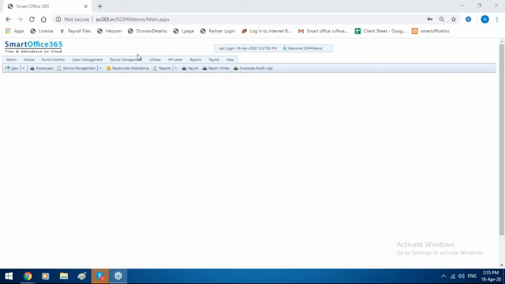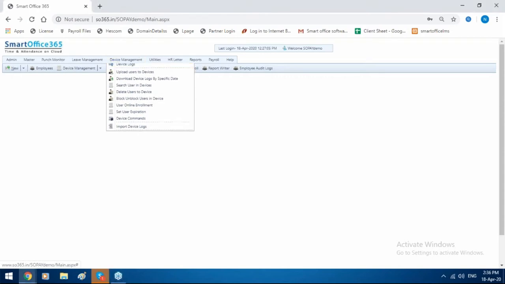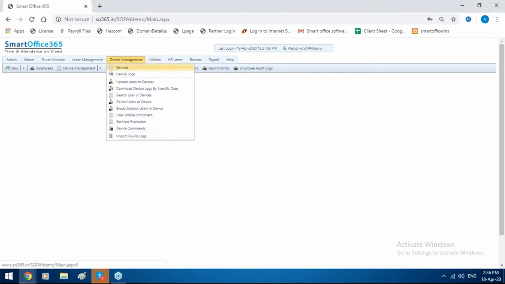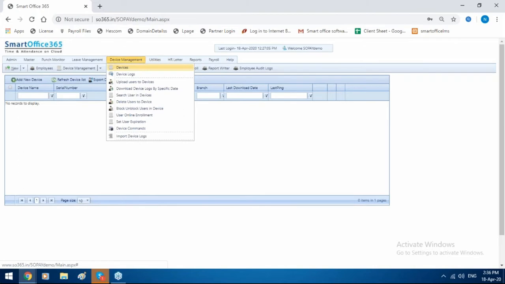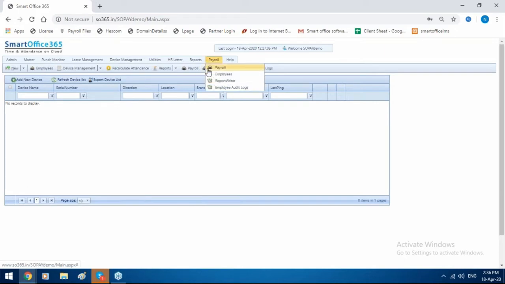Okay, whereas if you go with the Smart Office software, you will not get any of these issues. So we will check what are the features we have in payroll software. First of all, your device will connect from here, which is a Biomax device. You can check, it is an automatic seamless integration in Smart Office payroll software. You will get both attendance plus payroll software in a single solution. Okay, here are the payroll features.